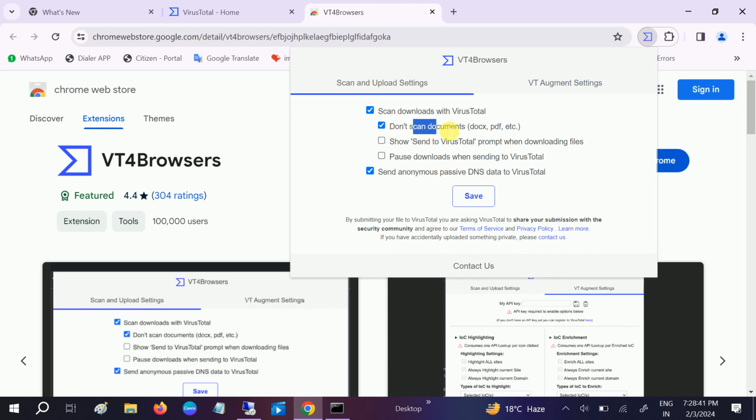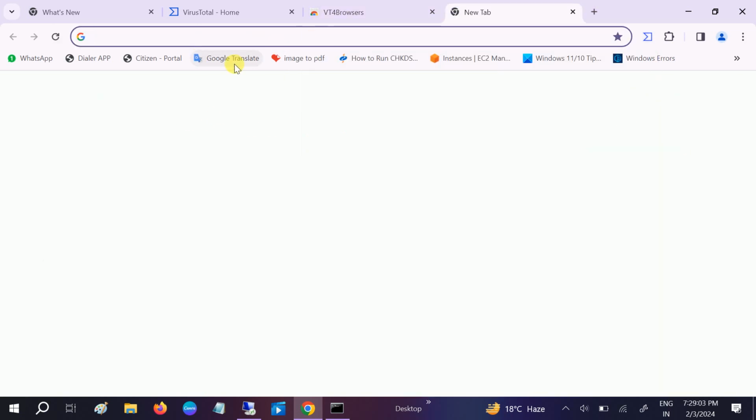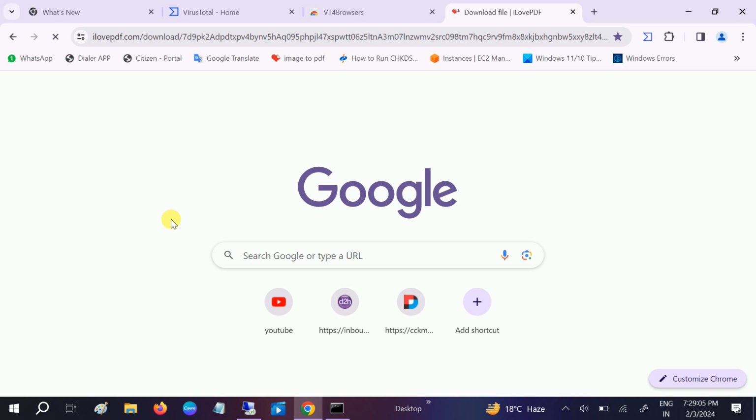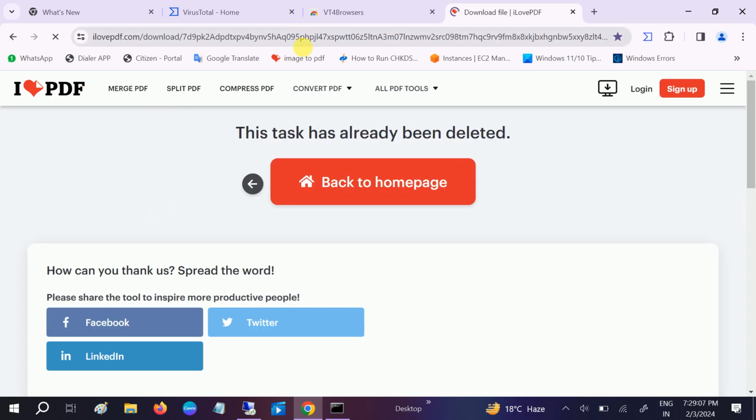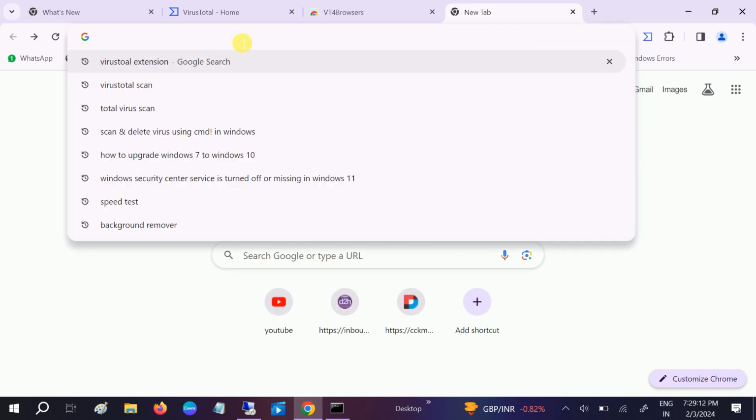And if you want to scan the PDF as well, untick this option. And if you want to show the prompt when you download any virus file from the internet, click on save here. Now let me show you what is the use of it. Now we have successfully added it. Okay, it has saved now. So let's say you are browsing any third-party software or any third-party websites. So before choosing that,